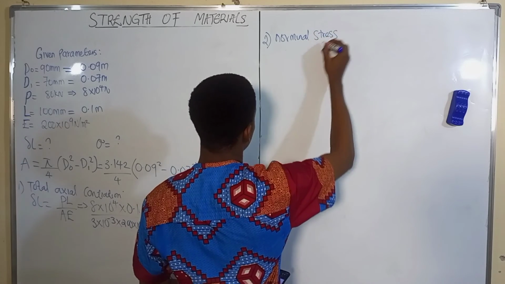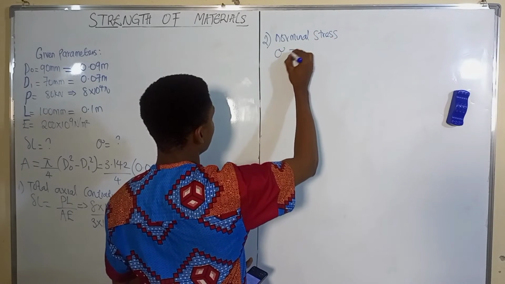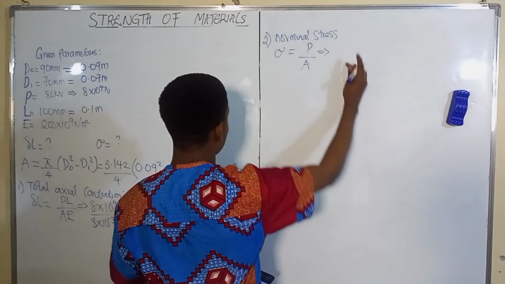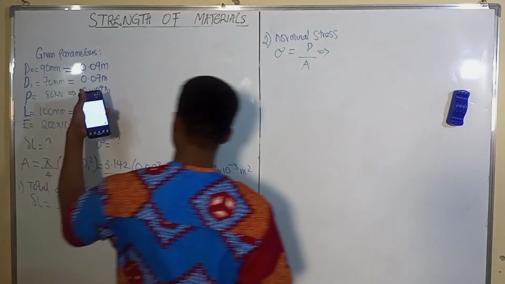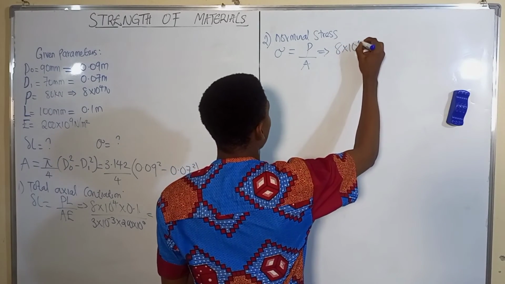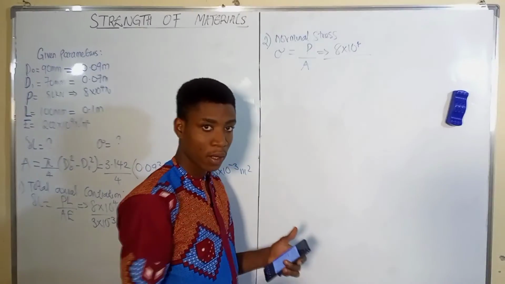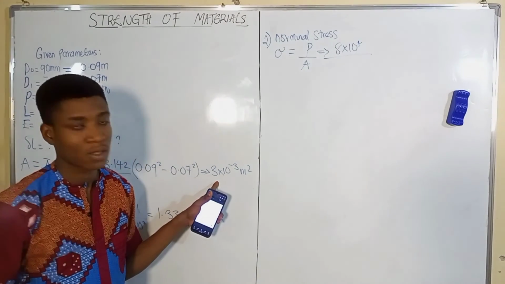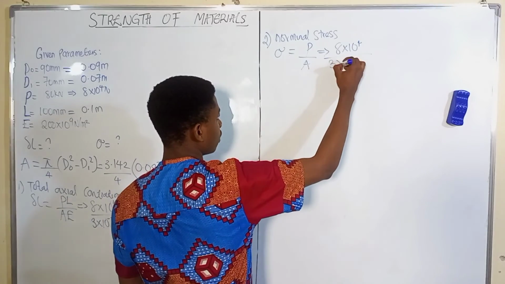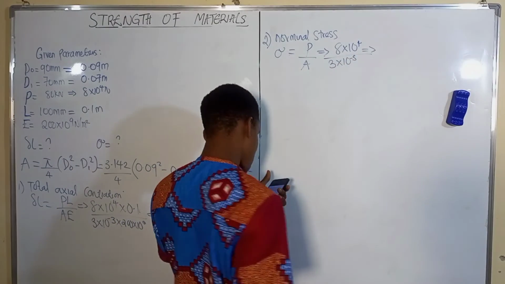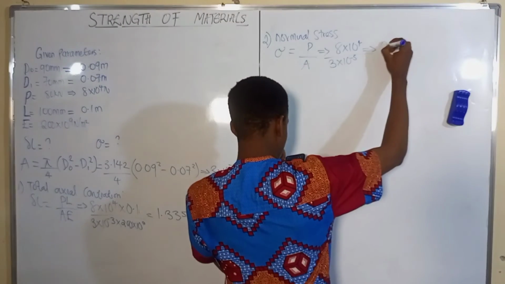stress. Of course, we know that stress is given by the load over the area. We have our load to be 8 times 10 raised to the power 4 over, we had our area here to be 3 times 10 raised to the power -3. So when we do the arithmetic here, we'll have our stress to be